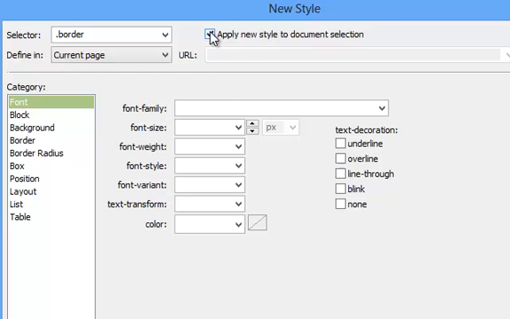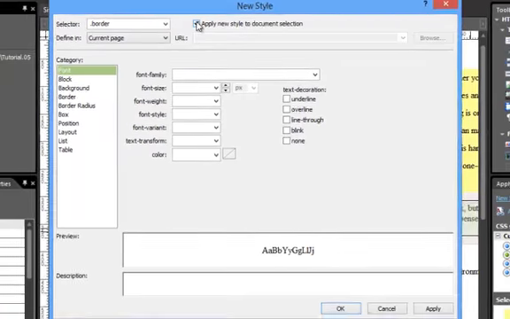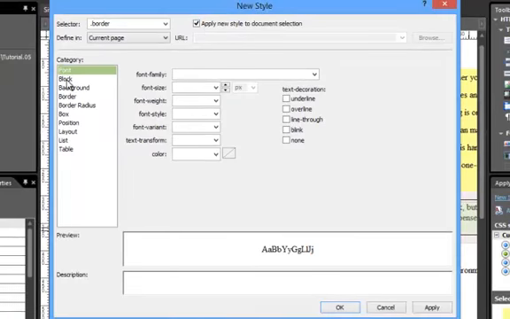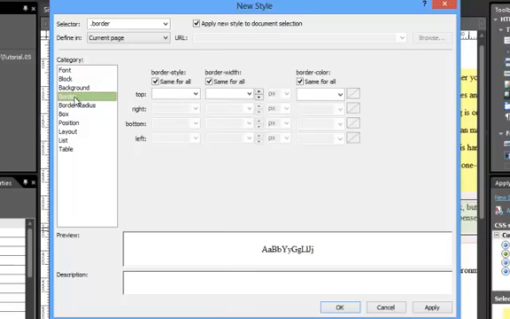Now just because the name is border doesn't mean you have to pick the word border in the category list. I could pick block, I could pick font. It's totally up to you. But I'm going to click the word border here. And for some of you, these will be some new kinds of dialog box selections. For the border color,